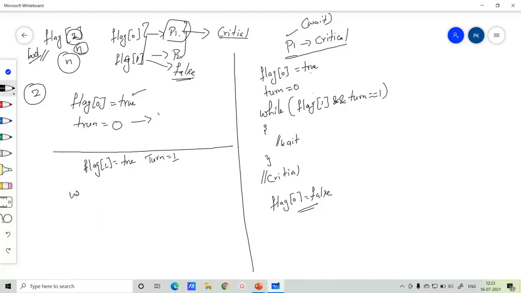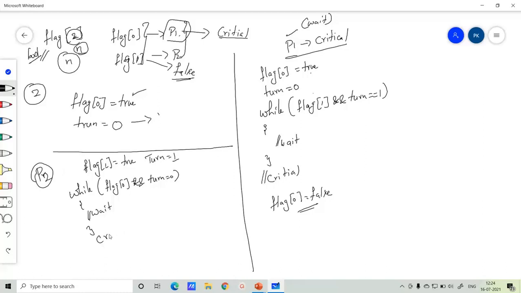Now when it wants to enter into critical section, what are we going to check? We check whether flag of 0 is in the critical section or not, and whether turn is set to 0 or not. If that is true, process 2 will enter into wait state.